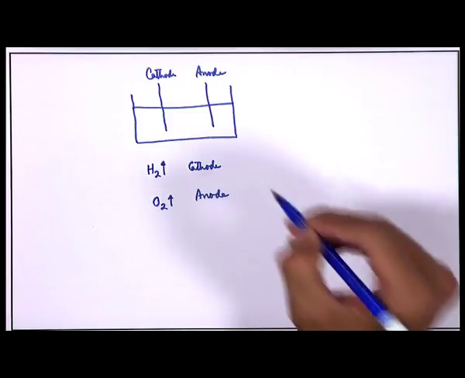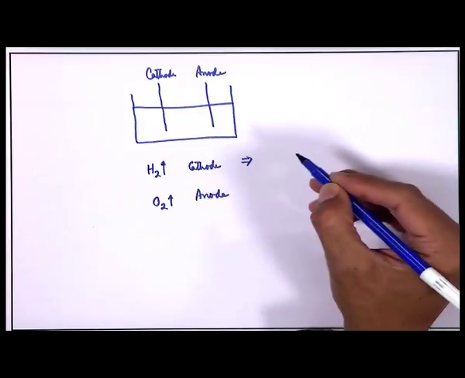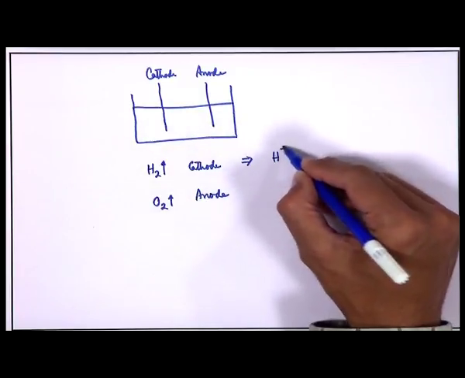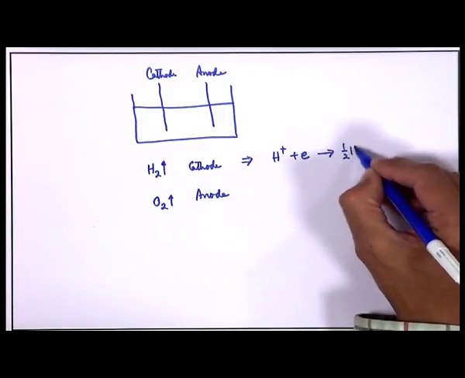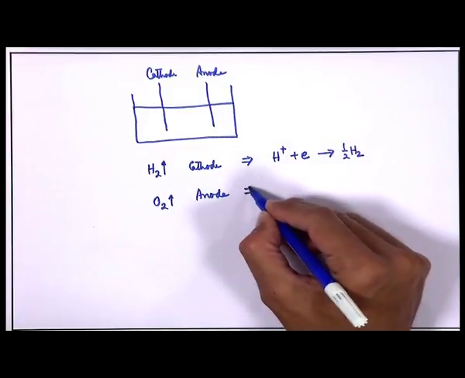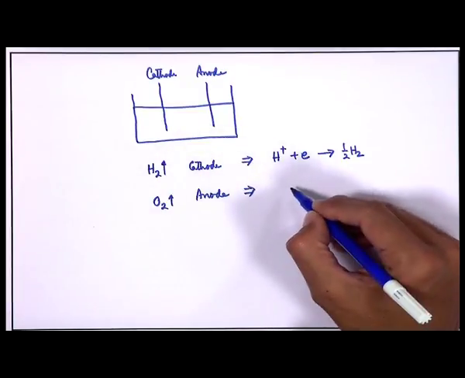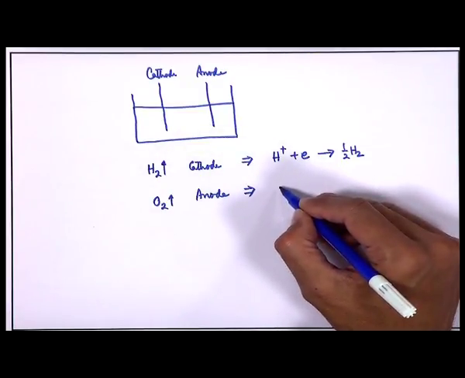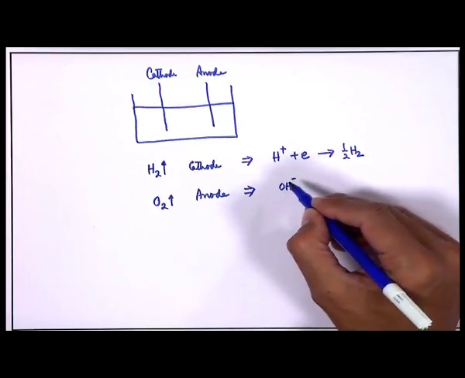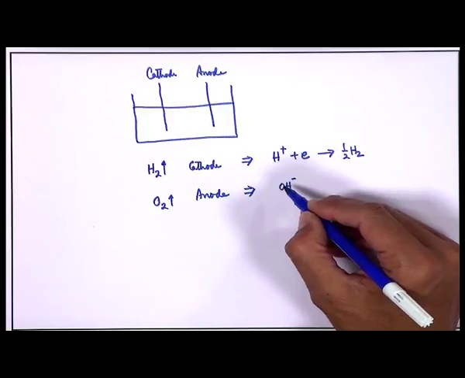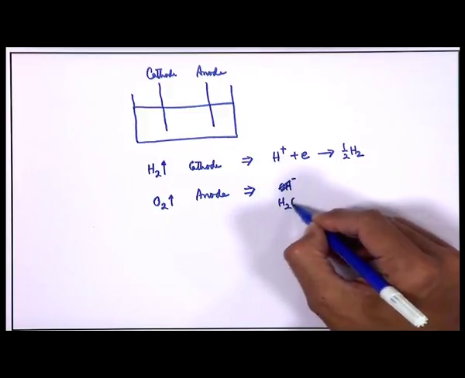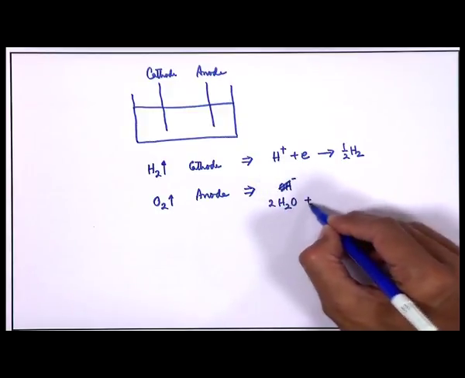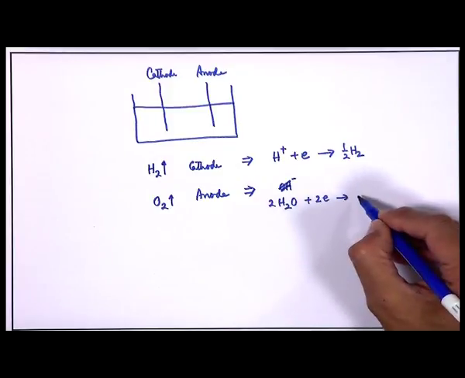Okay. So, cathode means reduction. That means H plus plus electron gets you half H 2, and the OH minus, or maybe better to say 2 H 2O plus twice electron, that gets you